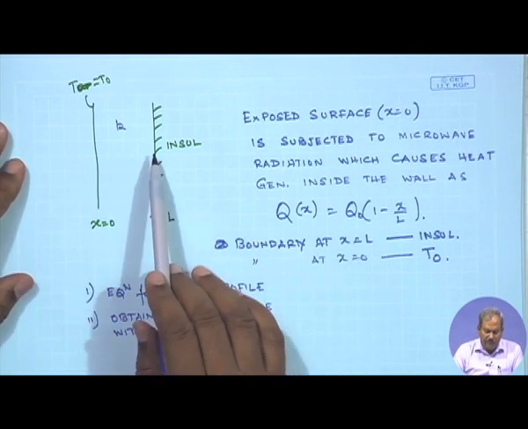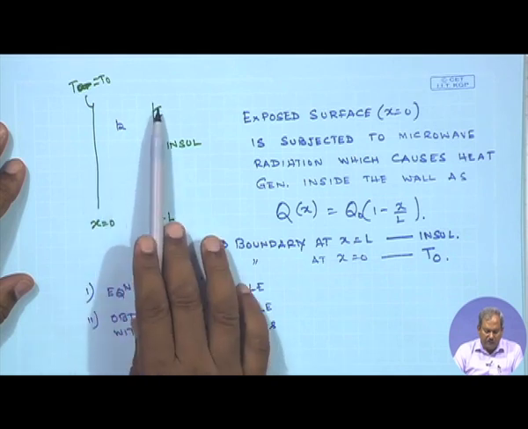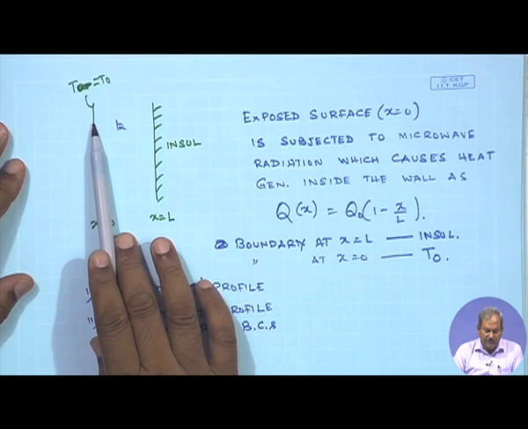So, once again we have a wall, one side of it is insulated, the other side is exposed